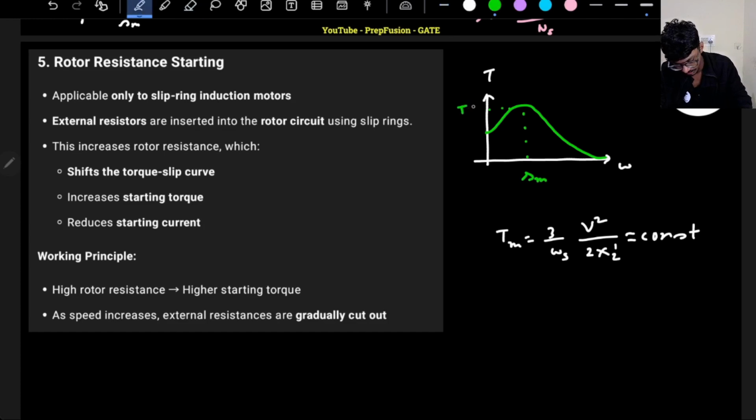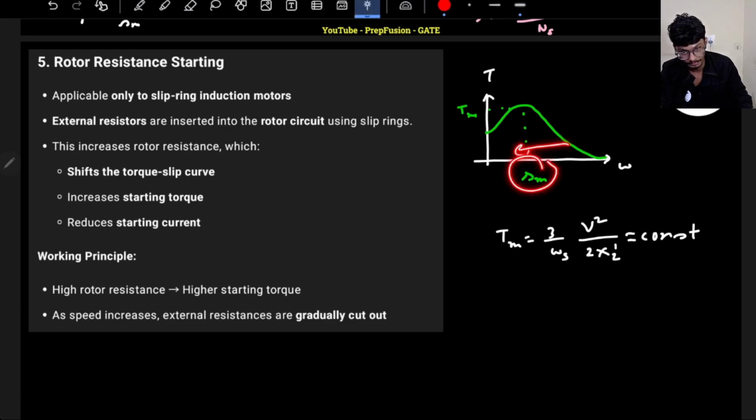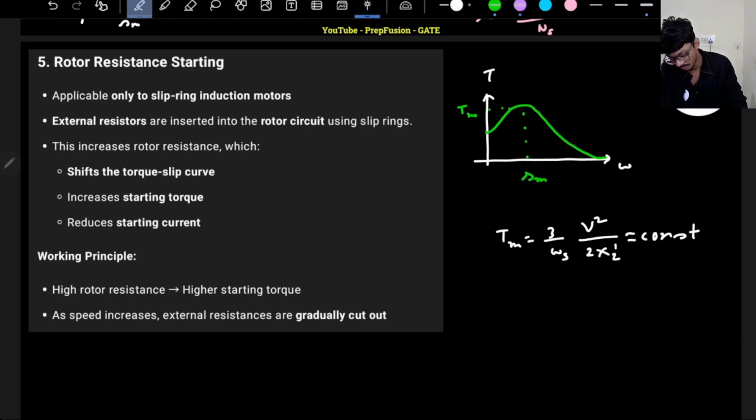And maximum torque, let's say Tm1, this will not change. Although the graph will shift backwards, because the slip at which maximum torque happens is increasing. So if slip is increasing, speed will reduce. So basically the graph will shift backwards. If I shift the graph backwards, it will be somewhat like this. If I shift it more backwards, I don't have space, so I'll shift it in between,